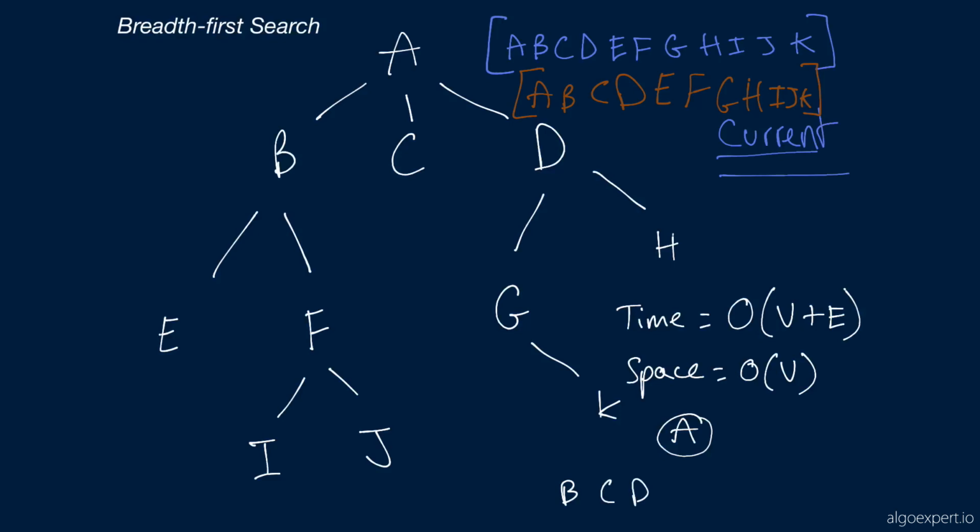So like B, C, D, E, F, etc. They would all be direct children of A. And so in that case, we would have a queue that would hold all of these nodes at once. And so there would be a point in time where our queue would be holding n minus 1 nodes, or rather v minus 1 nodes in it, because v represents the number of nodes. And so in the worst case, breadth first search is going to run in O of v space